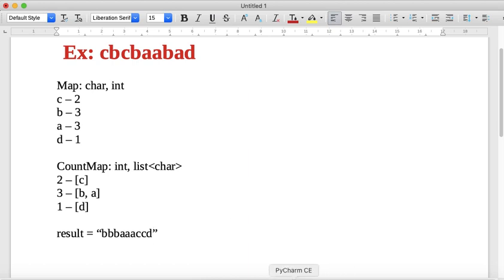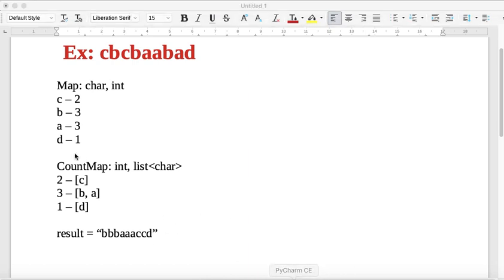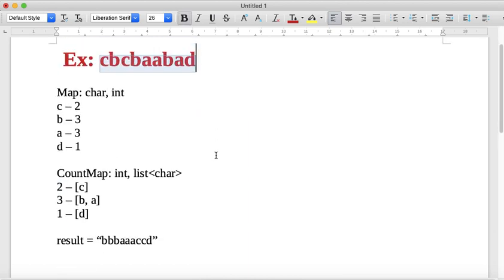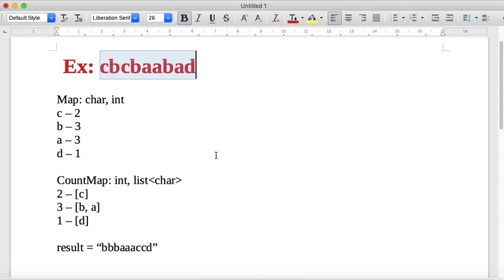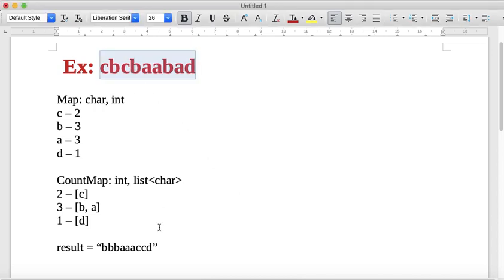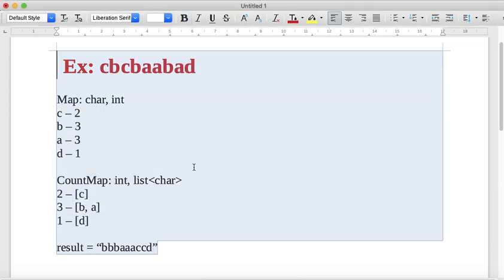So this is the approach that you can take to solve this problem. See this step, right? It looks like it takes quadratic time, but you already know from which frequency you have to start, which is equal to the length of the string. And you are doing it a constant number of times. The number of steps doesn't increase quadratically, it is linear with the length of the string. So this entire approach takes O of n time.